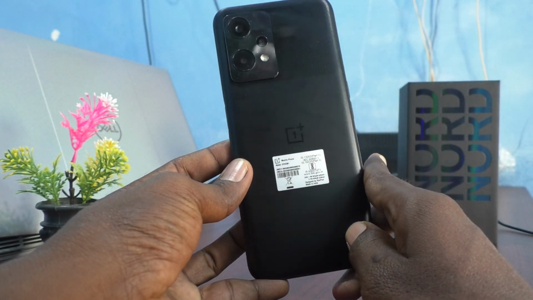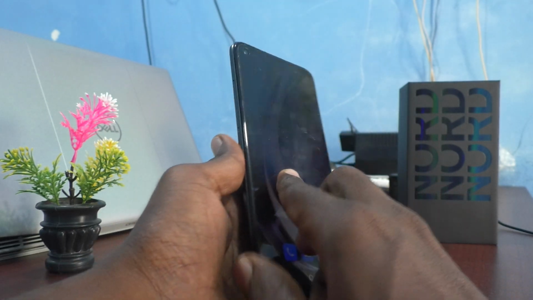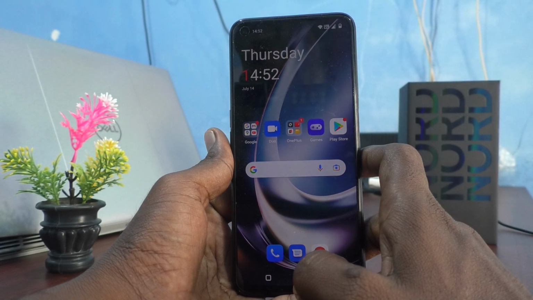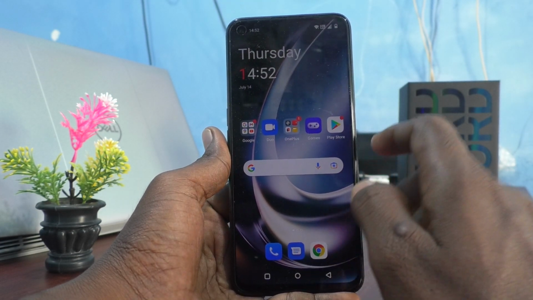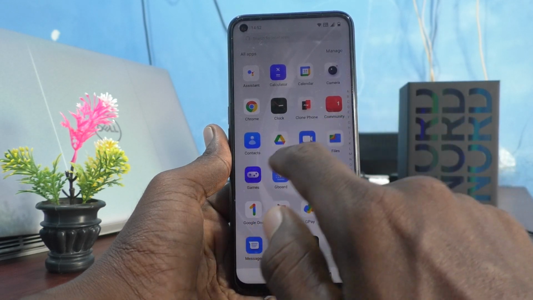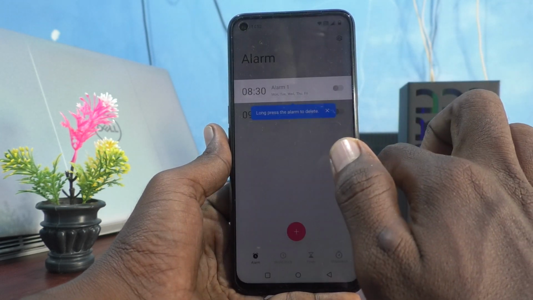Here is Oneplus Nord CE2 Lite 5G smartphone. In this video, you will learn how you can set alarm on your phone Oneplus Nord CE2 Lite 5G. First, go to the home screen and go to clock icon. Go to clock icon here and